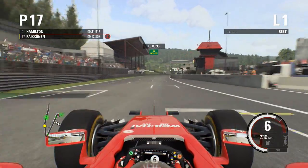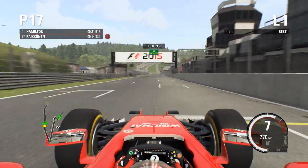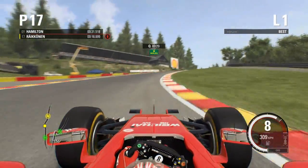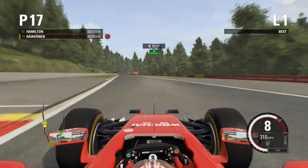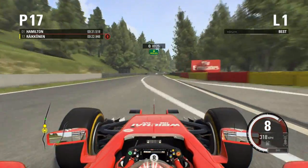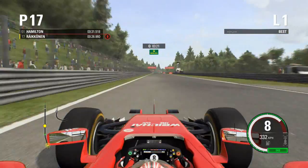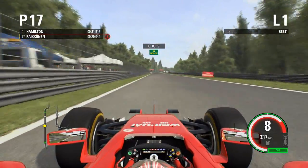but not too bad, pretty tidy so far through turn 1, as now we plummet downhill into the infamous Eau Rouge corner. This is where you take a breath, you keep it completely flat, and you just go for it, and we actually go on the grass a bit, which reduces our speed just a tad through the hill as we open up the DRS now. And all the way down this Kemmel straight, we've got to try and see if we can max out our speed